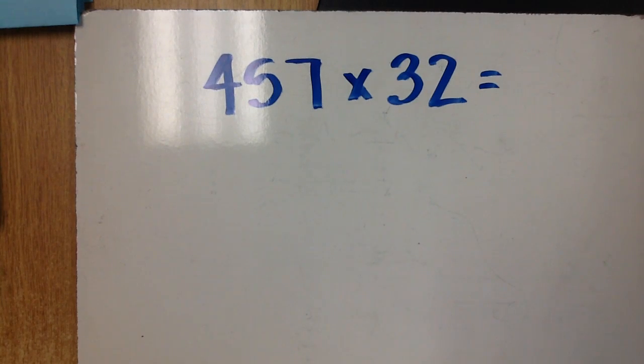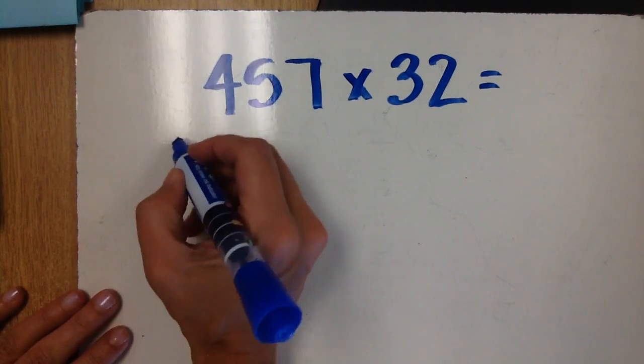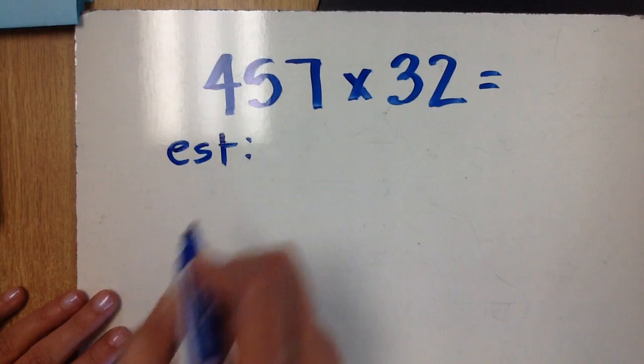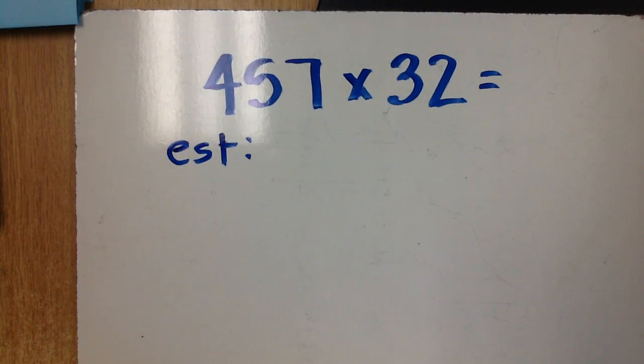In this video, I'm going to model how to use the area model to multiply multi-digit numbers. So we have the problem 457 times 32. The first thing I'm going to do is estimate so I can compare my answer to my estimate to make